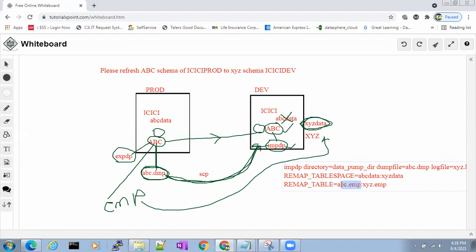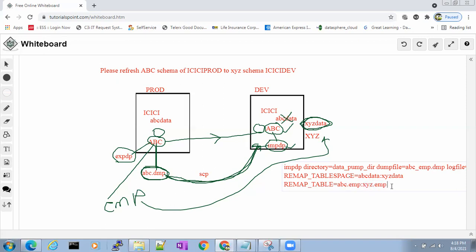You have a dump with abc.emp, schema name dot table name. The ABC employee table is there in the dump. Using this dump, you want to import into xyz.emp. Simple. So use remap_table equal to abc.emp colon xyz.emp.